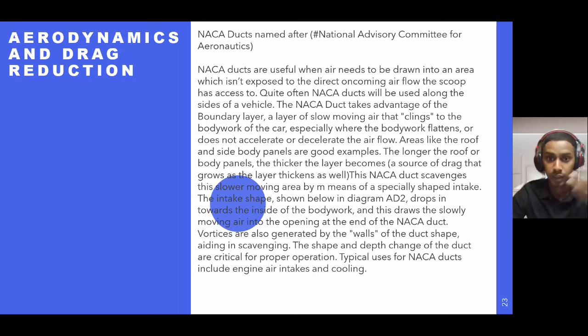This is a NACA duct. NACA, remember, is named after the National Advisory Committee for Aeronautics. As you can see, air flows towards the rear of the vehicle. What a NACA duct does is that it takes advantage of the boundary layer, a layer of slow-moving air that clings to the bodywork. So by using NACA ducts, we are heavily improving the aerodynamics, and we are